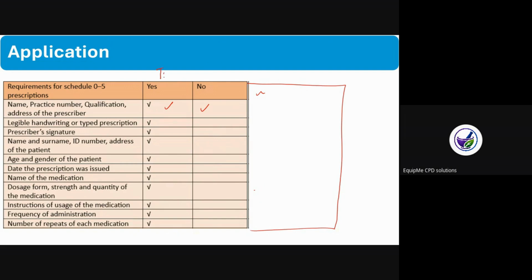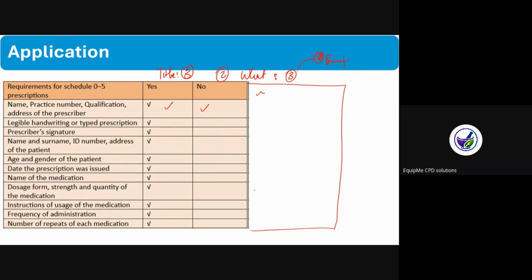I then went on to communicate with the doctor to ask them to include it. Okay, remember, you include a title of your evidence. This is evidence 3. And then 2, I am checking what it shows. This is a checklist I created to apply Regulation 33. And then 3, I am speaking about application, okay? So 1, I'm just providing a brief description of what's happening here. This is a checklist I created from Regulation 33 to ensure that I check the prescription I am dispensing for compliance with this regulation.